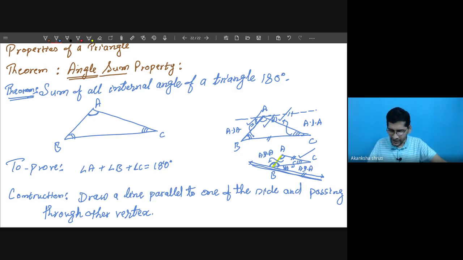So whether you draw at A or at B or at C, that will not affect the result. Okay, student, so that we have to take care. We just have to draw a line parallel to one of the sides and passing through the other vertex. So let